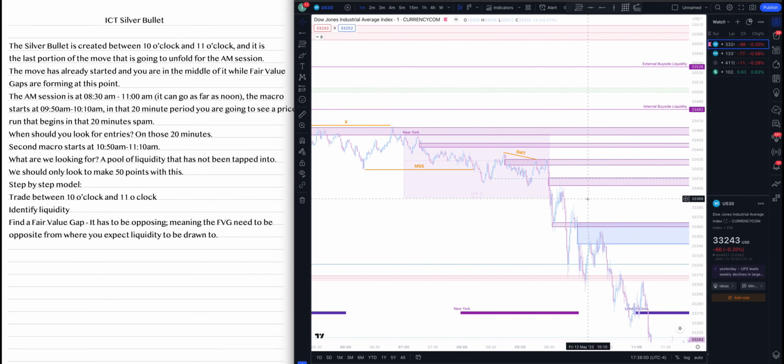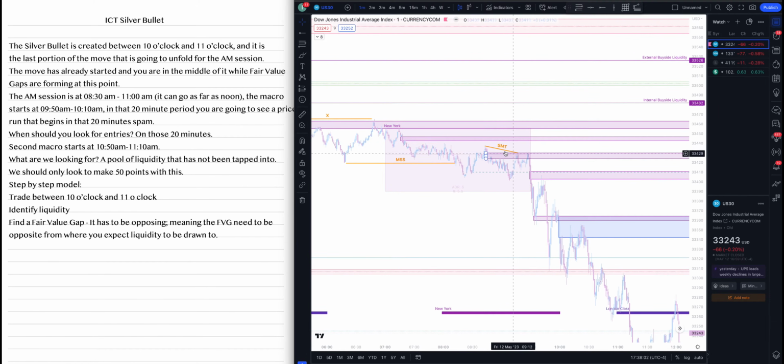At 9:30 we had the drawn liquidity all the way down to a previous new day opening gap that I had marked from previous weeks,